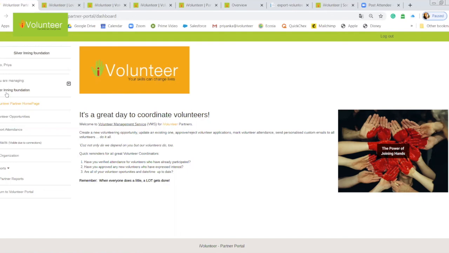If you start working on it and are facing any issue, please let me know. Please write to us. My email ID is Priyanka@ivolunteer.in. You can always reach out to your local SPOC with whom you are in touch. If you are facing any technical glitch or any kind of issue, we always recommend taking a screenshot, because that will help us understand what exactly the issue is. Share it over an email with the concerned person, and we will be more than happy to help you with that.